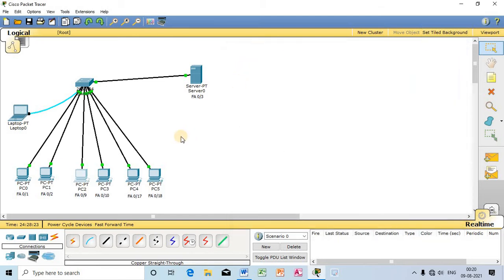watch out very clearly, we have created two separate VLANs. So this is the ABC VLAN, VLAN 2, this is VLAN 2.